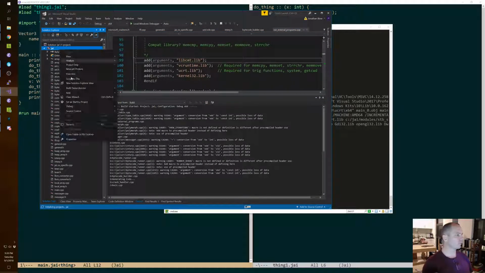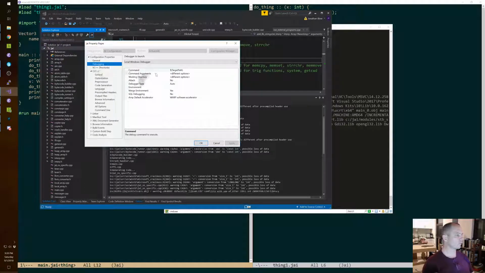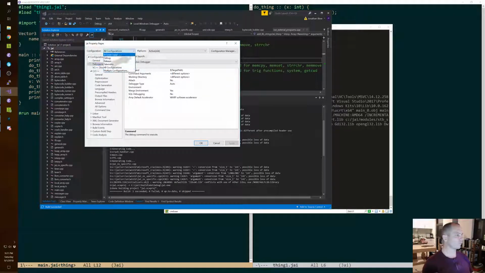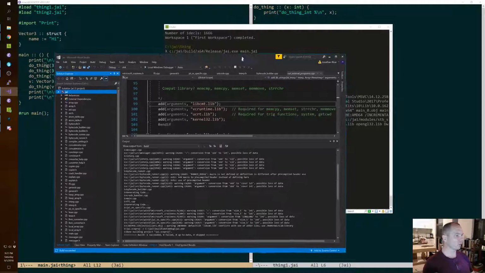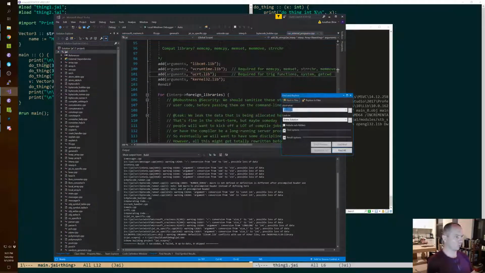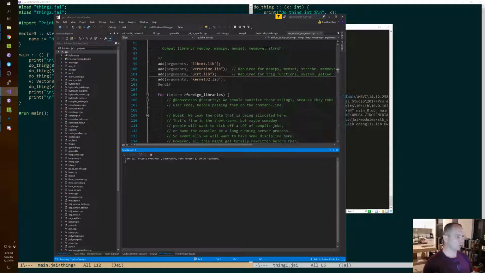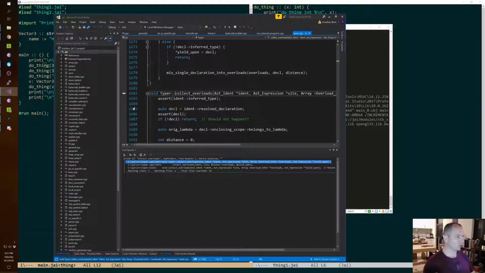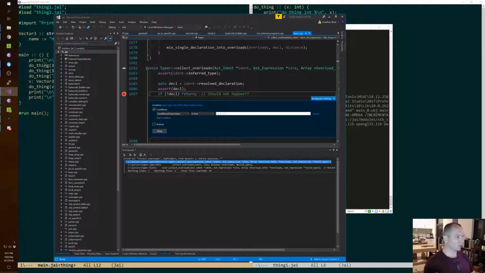Okay, so we are going to break in collect overloads, where the line number of the declaration is 12.